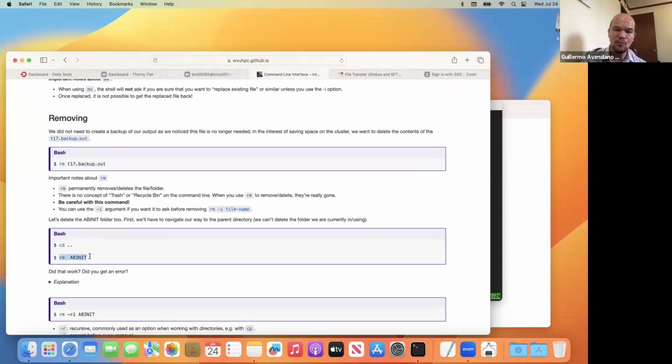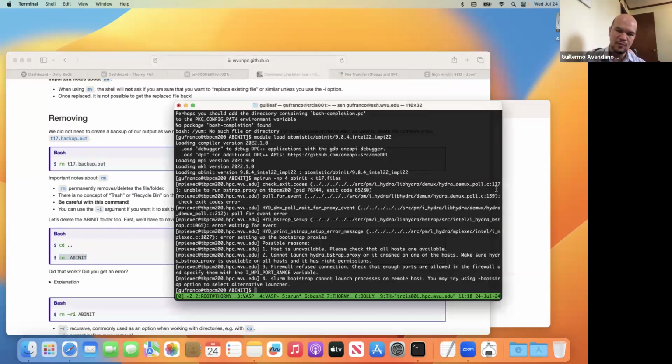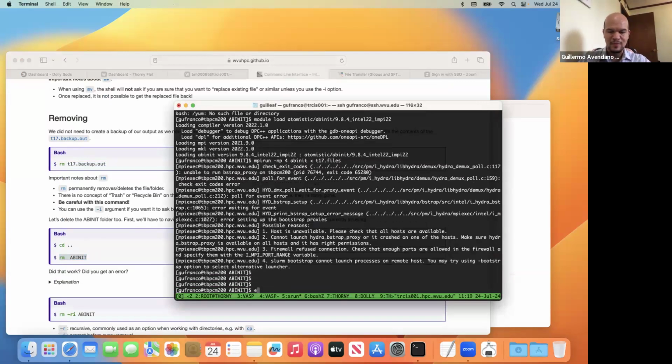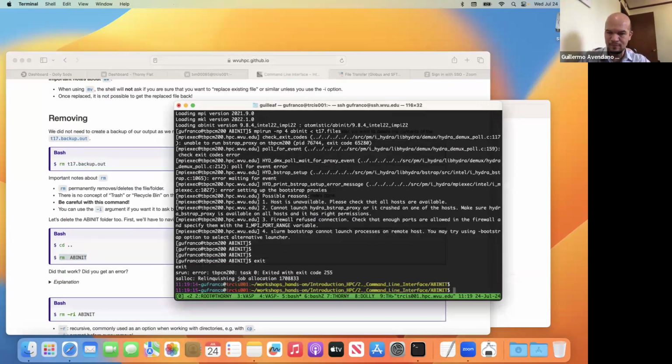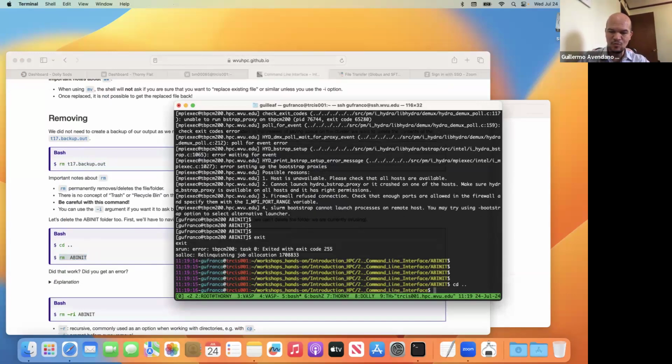If you try to remove a folder, which is one of the experiments that, let me see. I forgot that I need to do something else. Well, yeah, forget about it. If I try to, let me see, I mean,